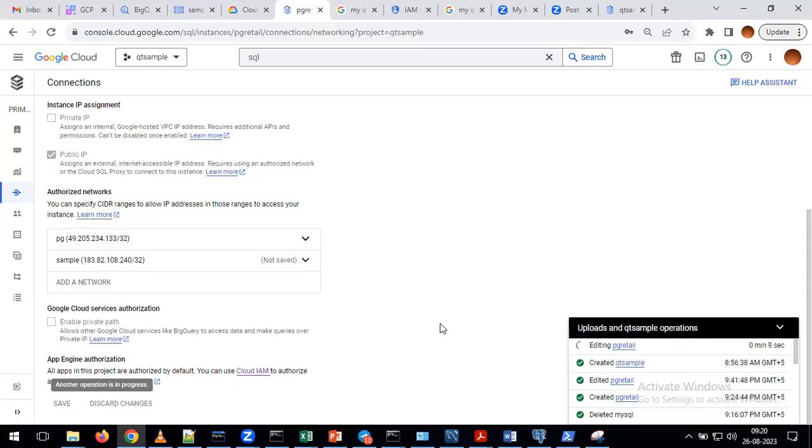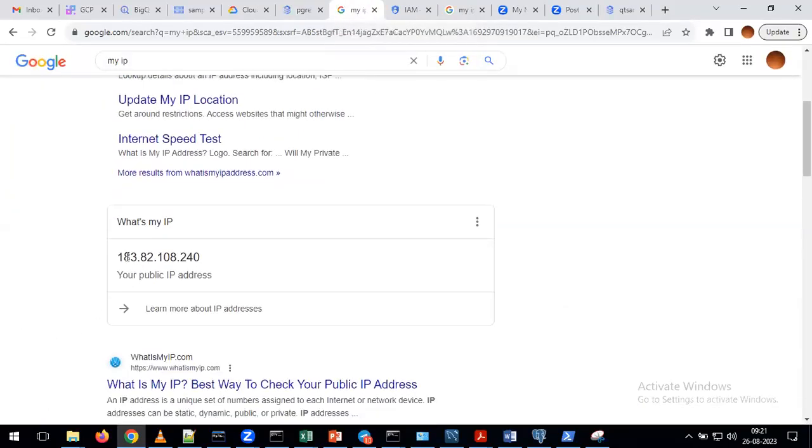Saving will take just 30 to 40 seconds. Just wait for a few minutes. In "my IP", we are getting alphabets also in that. Is that also correct, sir? No, it will give the numbers only in my IP. Yes, sir. I did not get the slash number. No, you won't get the slash number, you will get only the IP address. We need to add the slash when you give the IP address in the networking tab. What number do I have to give, sir? Whatever you have given now. Yes, /32 you have to give. Thank you, sir.